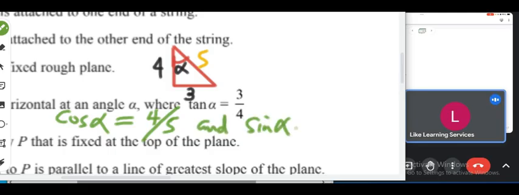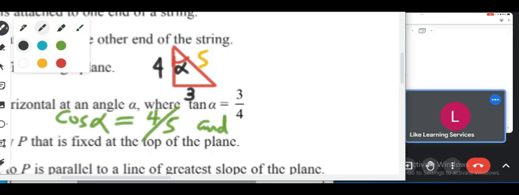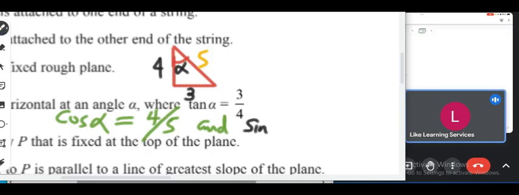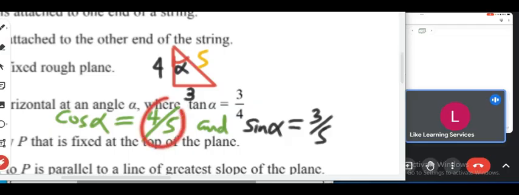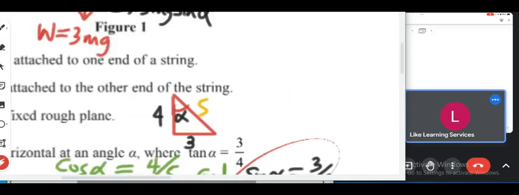Sin alpha is 3 over 5. Let me write it in black. Instead of creating the angle and then doing all that, it's better to use it like this. Fractions are neater ways of resolving expressions like this. So sin alpha is 3 over 5, sorry. You write it. Sin alpha is 3 over 5. Remember, cos alpha is 4 over 5. Sin alpha is 3 over 5. Okay, so